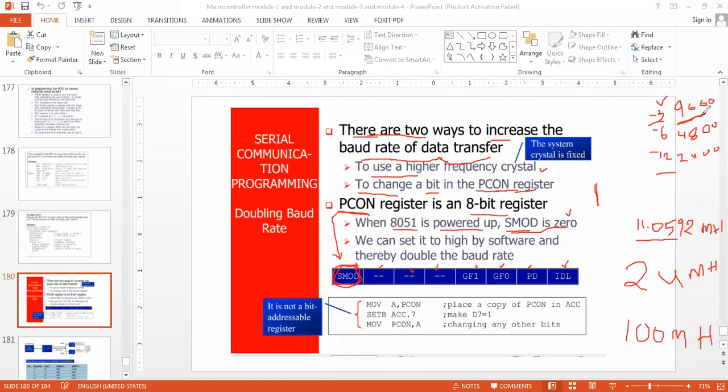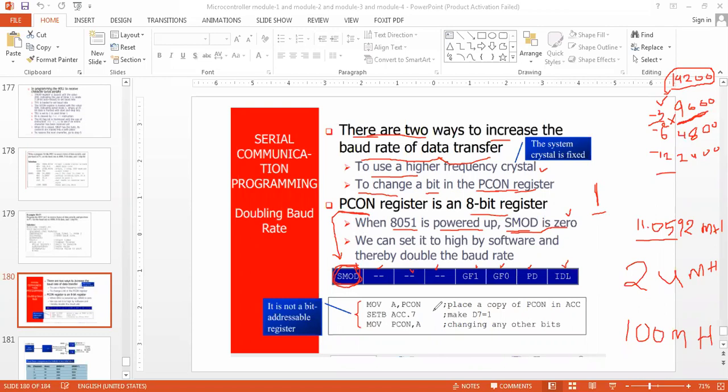That is how much? If I multiply 9600 by 2, what will I get? 19200. This is my speed. See, from where to where I am jumping, it is directly doubled only by making SMOD equal to 1.